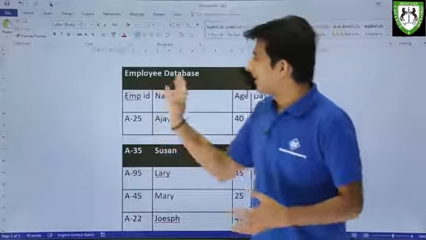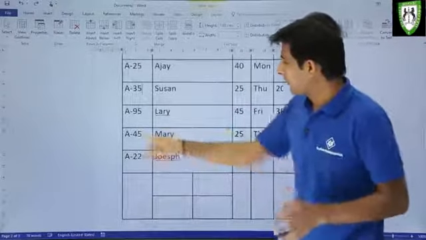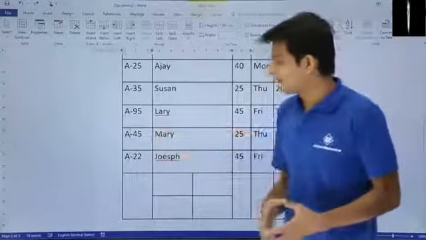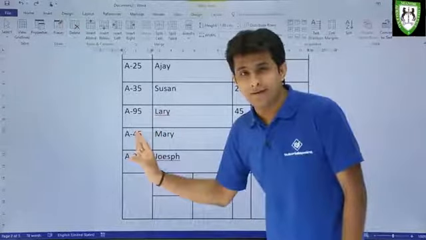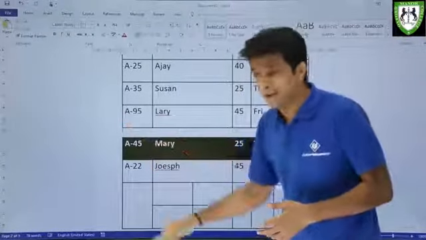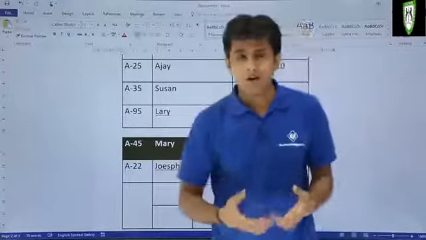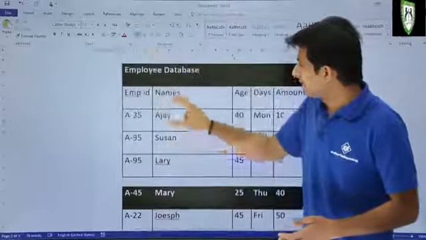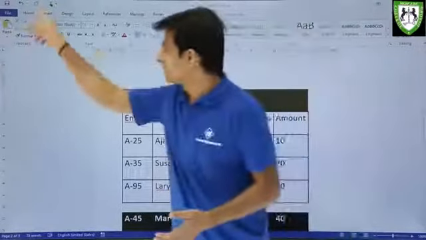Now I'll press Ctrl Z. What I want is for a separate table to start from A45, and above A45 a separate table should be there. So I'll keep my cursor blinking in A45 and click on split table. See, from A45 a separate table is created. This has been given as the column heading, right? So this has been given as the column heading, and a separate table has been created. If you do not want it, you can just go back with Ctrl Z.